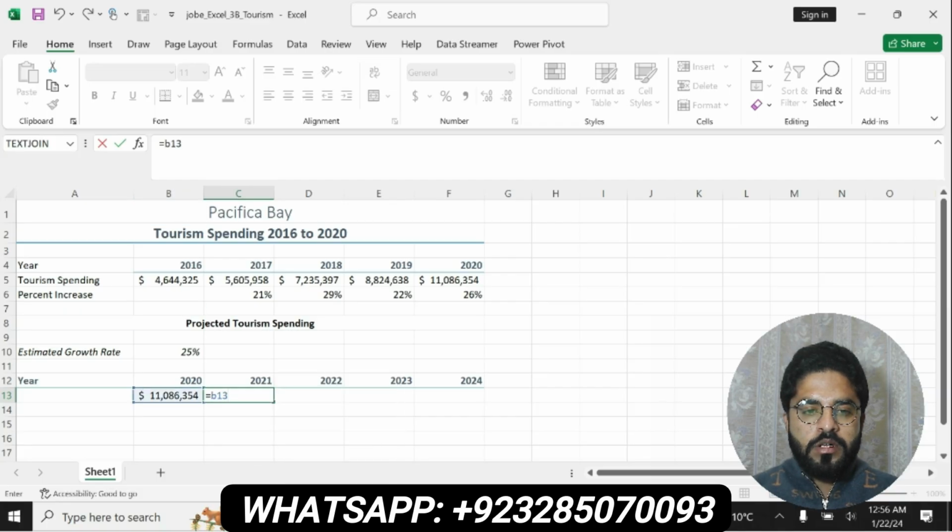Then write a formula equals B13 multiplied by